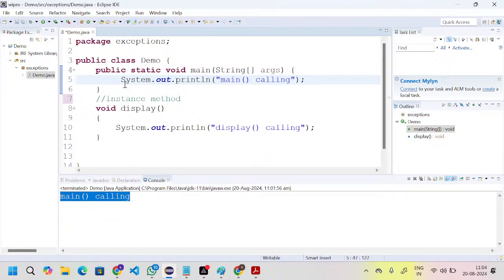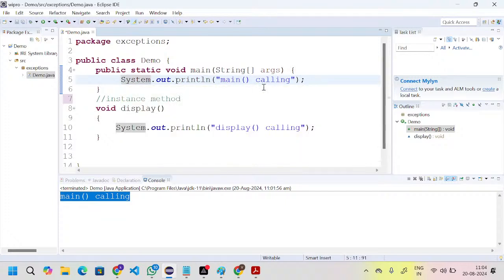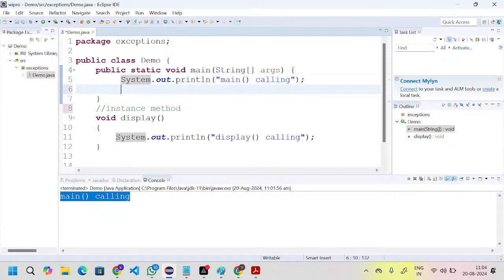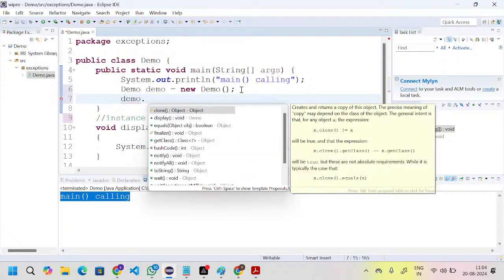So this is the main method. Inside the main method, I am telling the JVM. Simply I am creating the object for the demo, and then this object I need to store in some reference variable, and then demo dot, I'm telling the JVM I'm calling. I'm mentioning in the main method demo dot display,